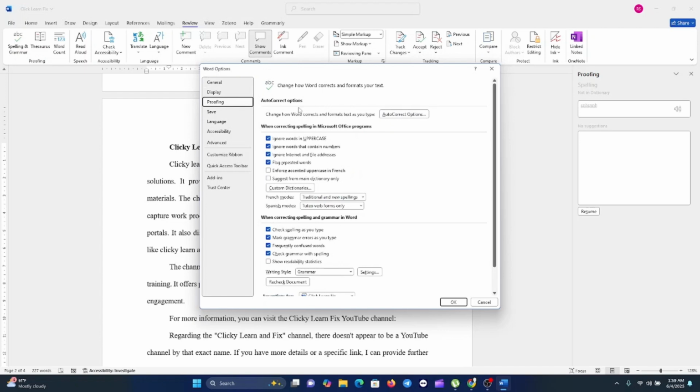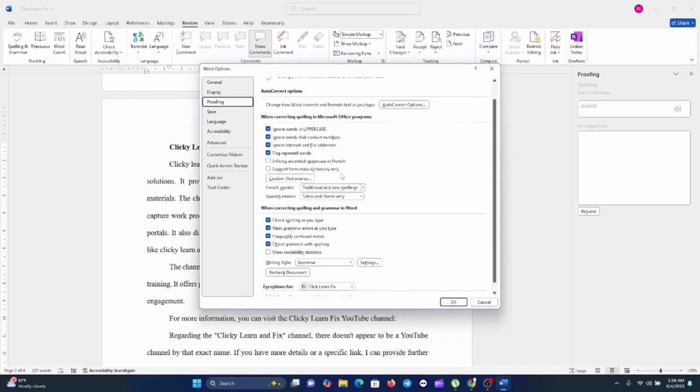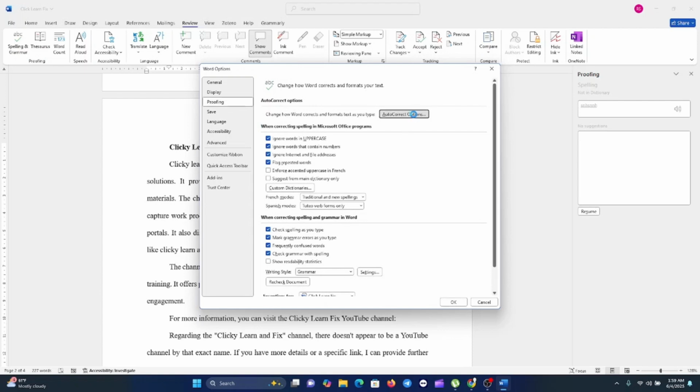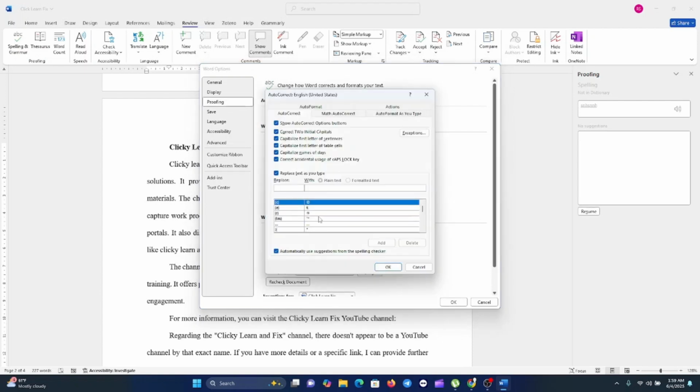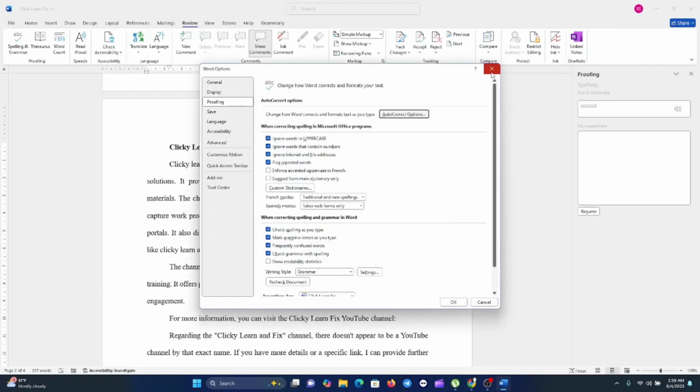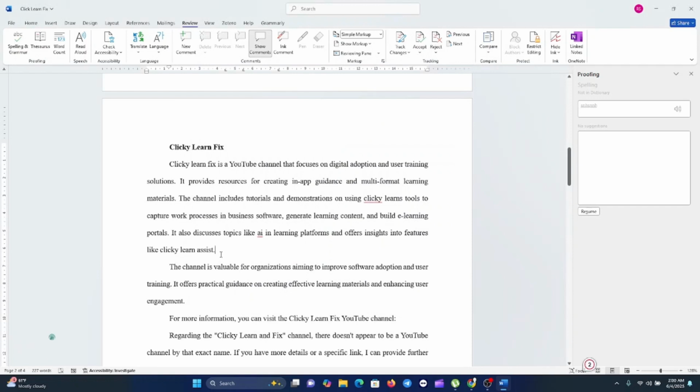Then here you can see you have this section that says auto correction options. So you can change the auto correction options here that you want to use. So for example, when we click on this, we can see the words that if you type wrongly, what will be auto-corrected. So if you type the word represent like this wrongly, it will be auto-corrected like this. So for example, if you have not enabled this, you can go ahead and enable this section. So if I go back to this document and type anything